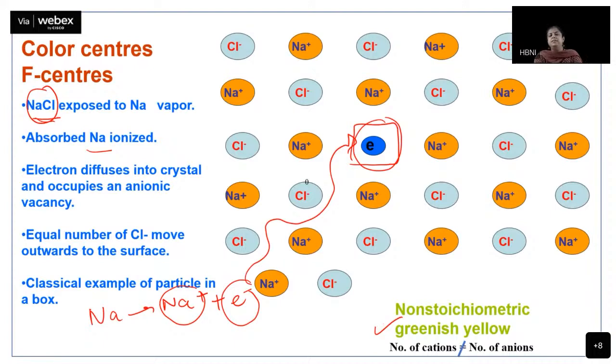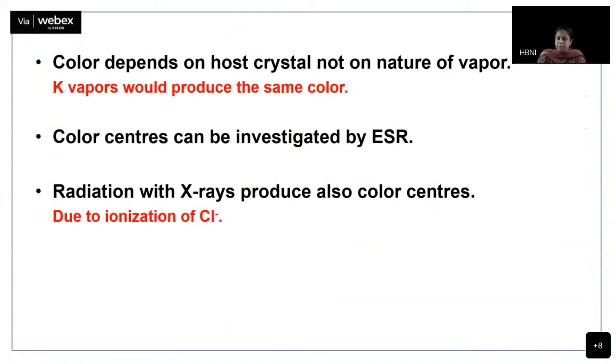Now one interesting thing. Till now we talked about Schottky defect and Frenkel defect, they do not affect the stoichiometry. लेकिन यहाँ पे क्या हो रहा है? Suppose initially I had NaCl. Now what I have is, after all this process, Na(1+x)Cl. So now my material has become non-stoichiometric. So color centers also create non-stoichiometry in the material.